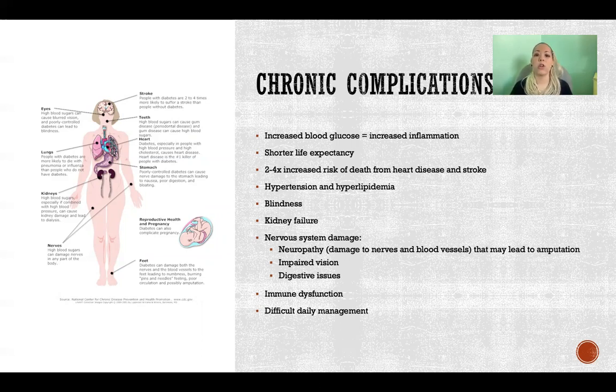There are physical glucose compounds that are going in the blood. And when there's too high a concentration of them, there are too many glucose compounds, then that inflames blood vessels, it damages blood vessels, it inflames and damages nerves